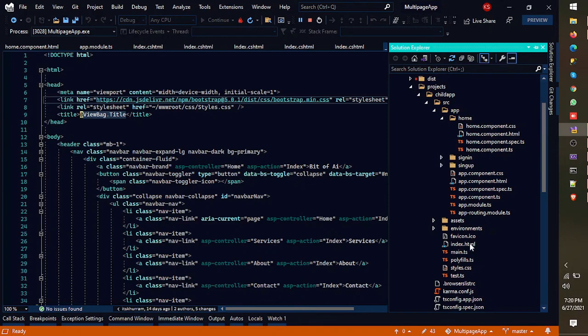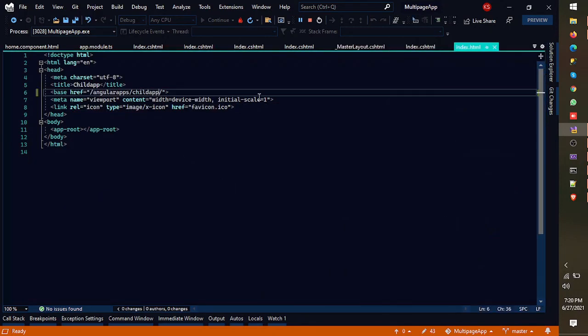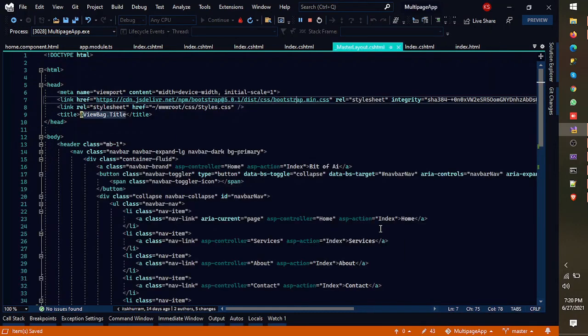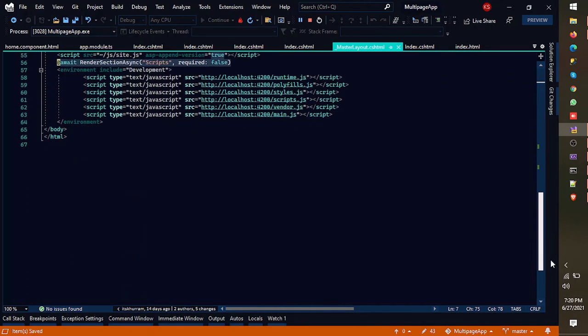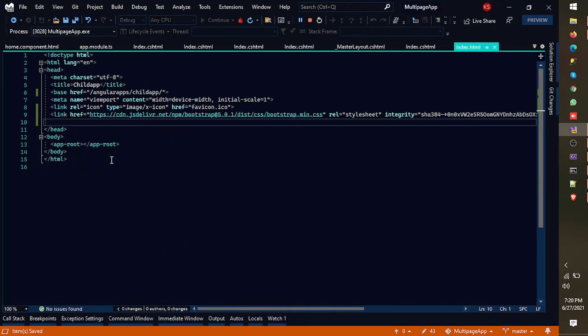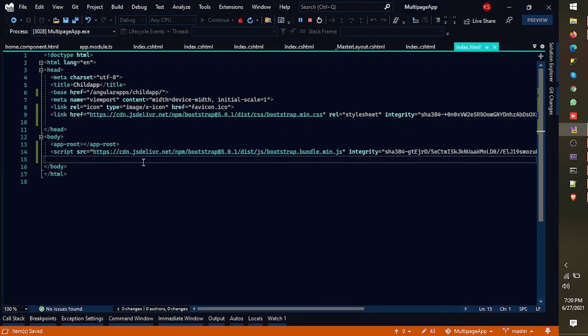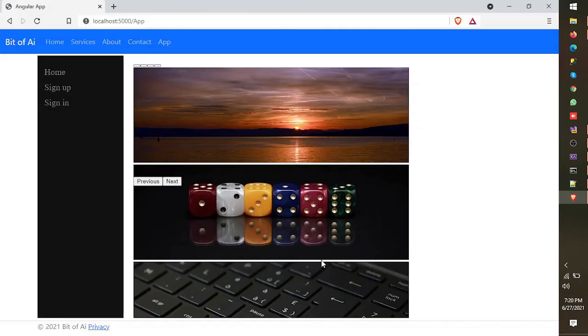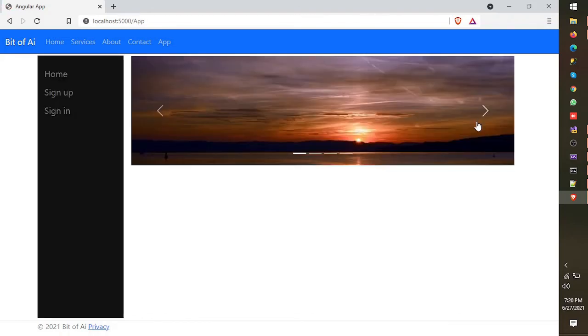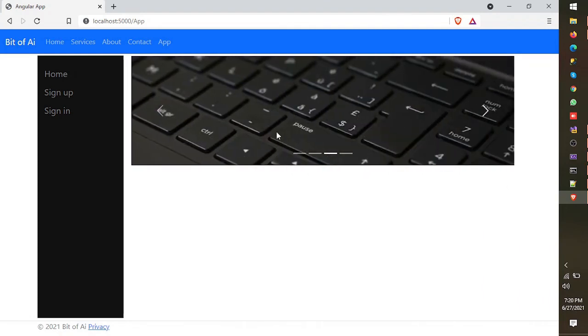This is our child app, and here is the index.html. Here we would need to add this link, and we would also need to add this JS bundle at the bottom of this index.html. So let's update it and see if it's working. Okay, our slider is also working in home component.